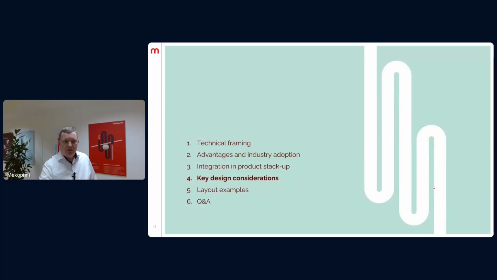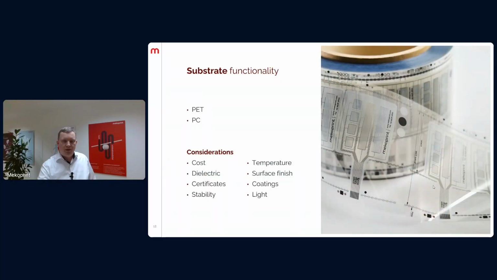So if we go into some of the design considerations for creating a touch foil. As I said before, we need a substrate, and I would say probably 99% of the touch foils that we produce today are printed on PET foil, but there are also other options such as polycarbonate or other materials. So some of the things that we need to consider when choosing our substrate is, of course, the price, dielectric characteristics,